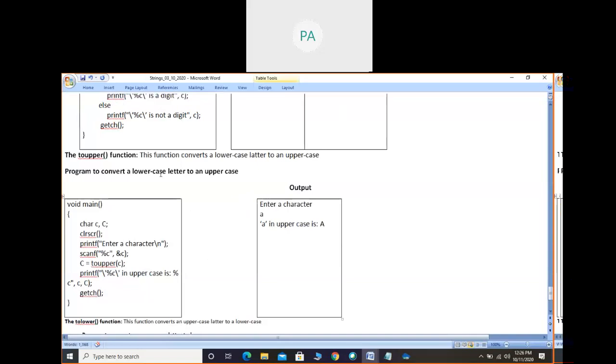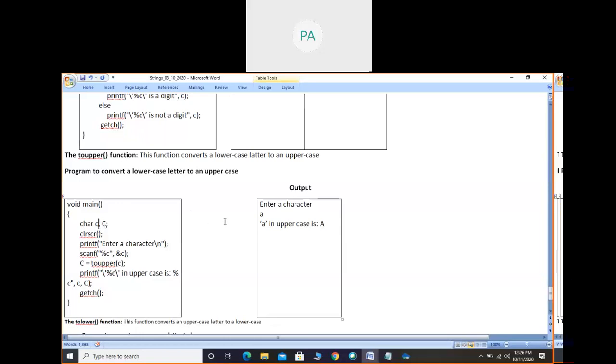So a program to convert a lowercase letter to uppercase. We need not use an if condition, because this function will not return true or false, or 1 or 0. It will convert, that's all. When you type a lowercase letter, it is converted to uppercase. If you type an uppercase letter, it remains the same.